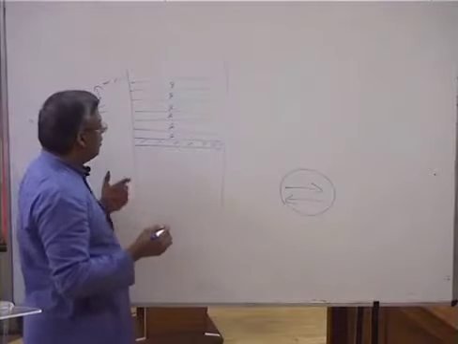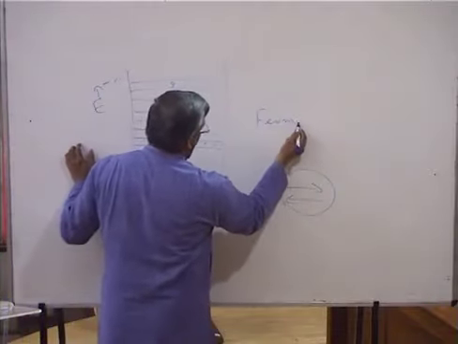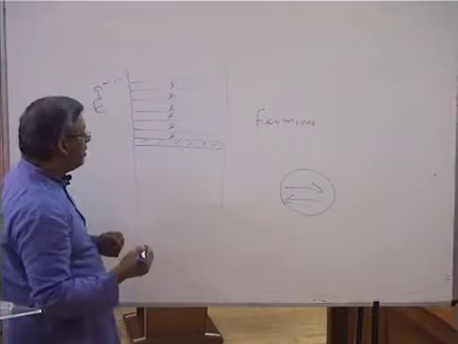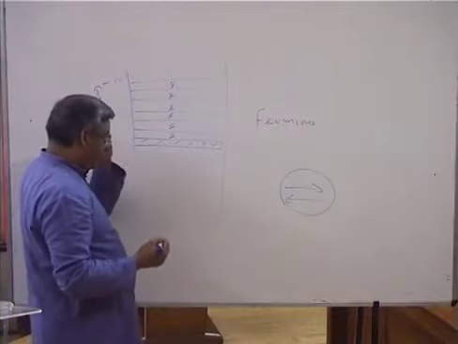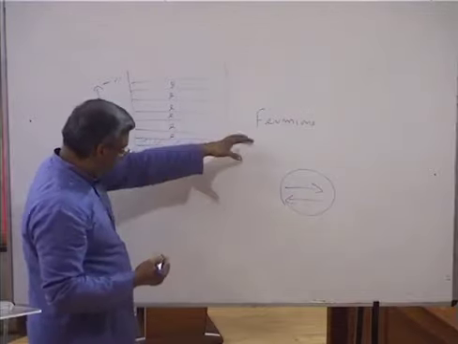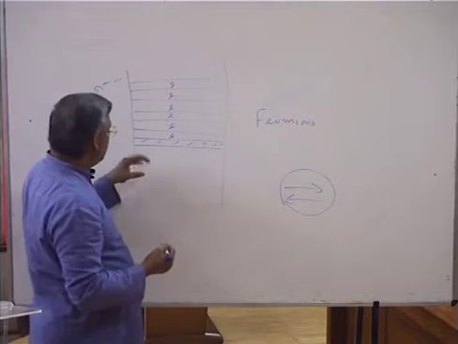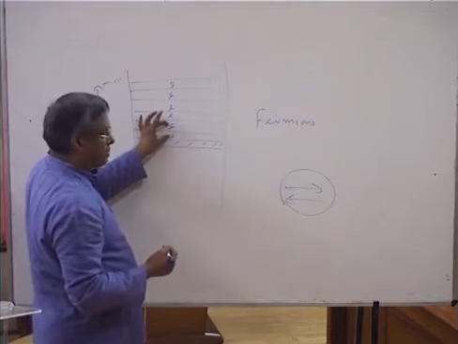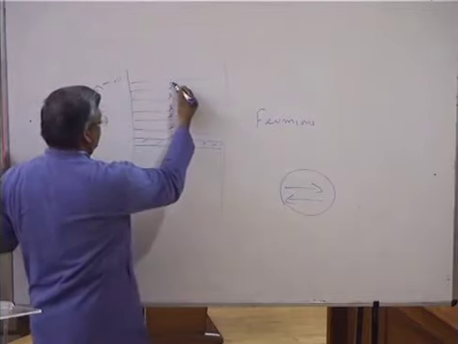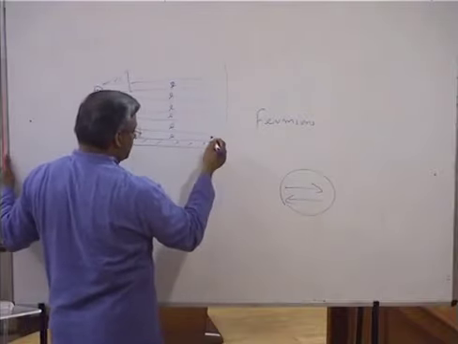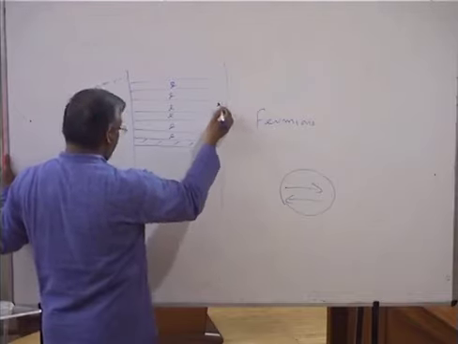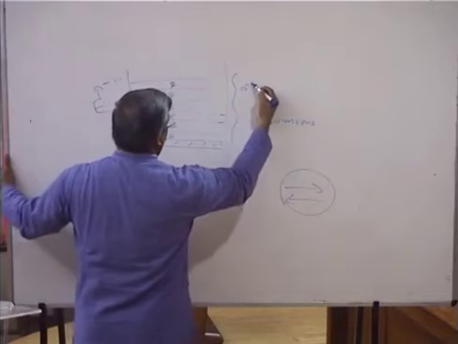And fermions are, so let me write that, fermions. Fermions are those particles which obey Pauli's exclusion principle. And you know what Pauli's exclusion principle is? It just means that two such particles, which are called fermions, cannot occupy the same energy level. That is why I have intentionally drawn different energy levels for different electrons. So electrons are fermions, and they are the charge carriers in the case of a normal conductor.